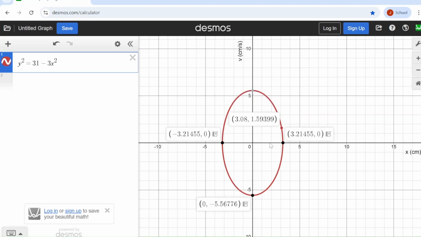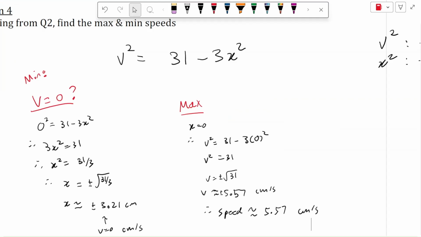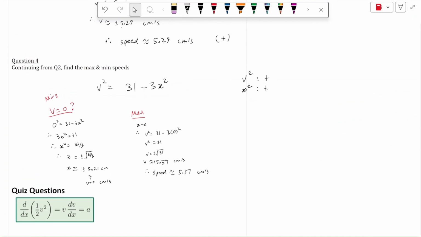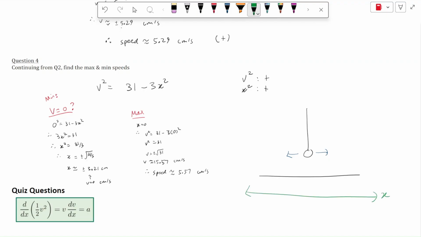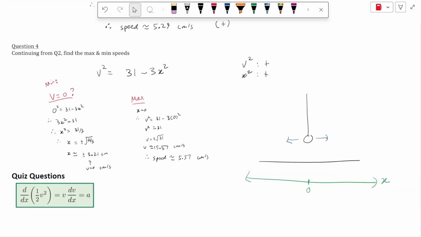So we sort of got this thing that's going positive velocity, negative velocity, positive velocity, negative velocity as it goes around. I would encourage you to pause the video and maybe think about what a real world example is of something that does that. Hopefully you've done that. This is a pendulum. So we have this pendulum swinging left and right. X is just the horizontal position. And you can think of when x is 0, this is right in the center. And when x is 0, the velocity is at its biggest, so plus or minus 5.57 centimeters per second. I'm hoping that makes sense,